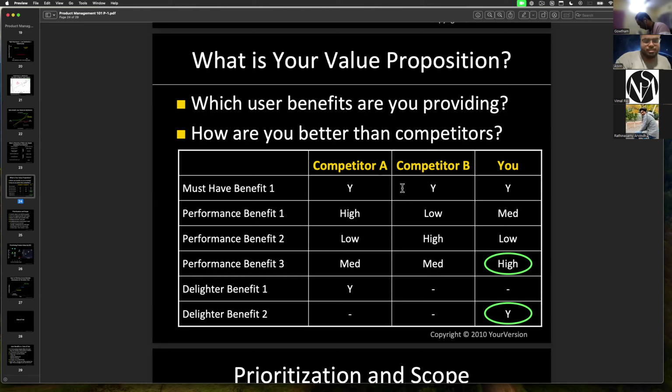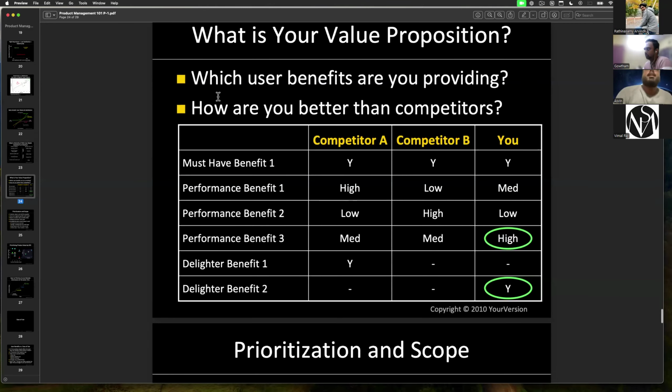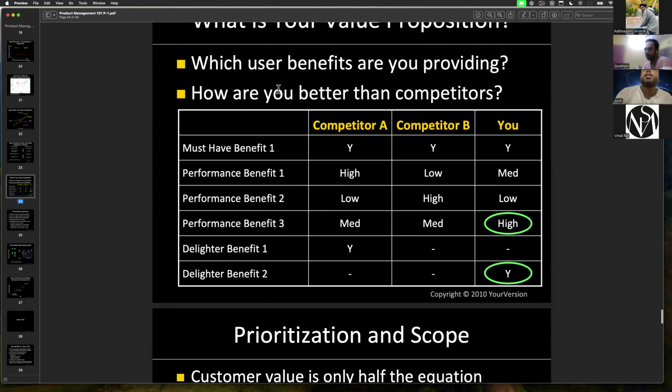The business world is huge, since like I told, there is a lot of things like sales, marketing, finance, everything. In the value proposition block, these are the things I'm going deep into. So which user benefits are you providing? How are you better than